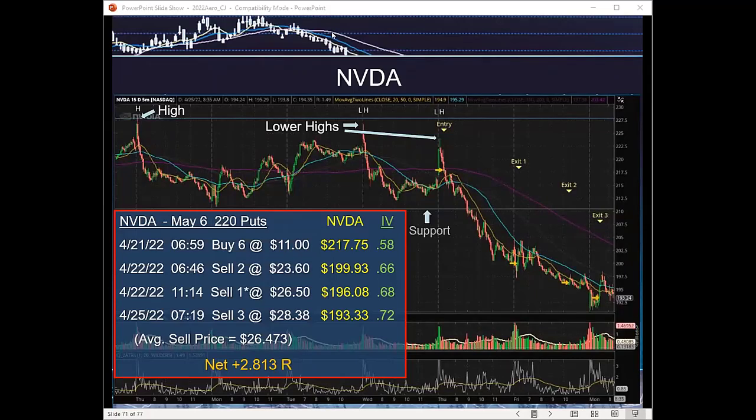The reason why I chose this example was to also point out that implied volatility matters. Even though I'm buying long puts, the nice thing about bearish moves and puts is not only delta improving the value of those puts, but Vega is also dramatically improving them too, as implied volatility grows as this trend moves lower. So I look at puts as a double win in a bearish market because of that.